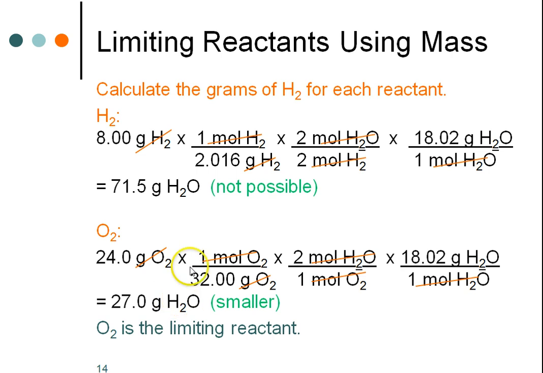This number is less than this number, which tells me 2 things. It tells me that this is the actual amount of water that I'll make, 27.0 grams. That's my actual